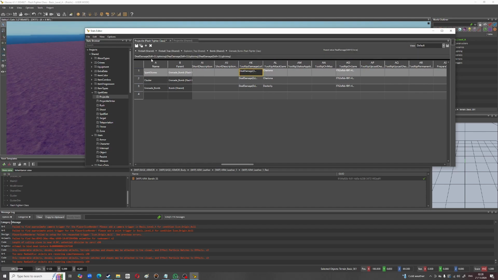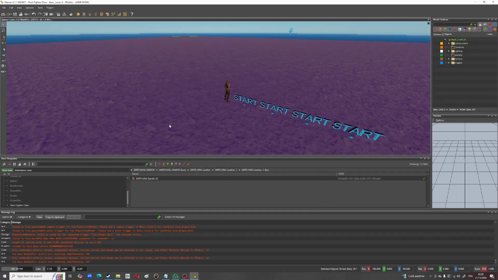Tooltip damage. So this is what's going to show what the damage is when you're hovering over it. So this one you can see it says 3d4 plus 3 lightning damage, 3d4. Because each sparkstone does that damage, I had to put it in 3 times. So that when you look at this,